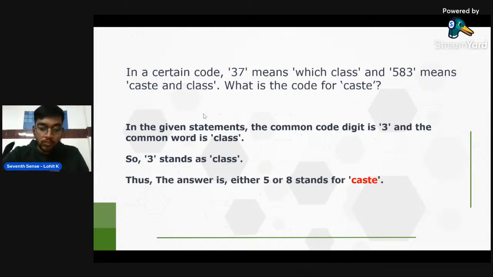So this question is also important because when you compare the first and second sentence, you will get the answer for class. And class is nothing but what? Class is common, right? What is the number which is common? The number which is common is 3. So the only letter which is left is 7, and in these two that is 5 and 8. So in 5 and 8 you can't choose any one as caste or "and". So caste will be having 5 or 8, and "and" will also be having 5 or 8 here. So two answers will be there, either 5 or 8. Okay,